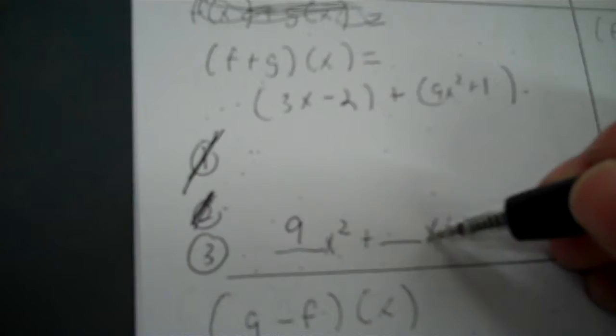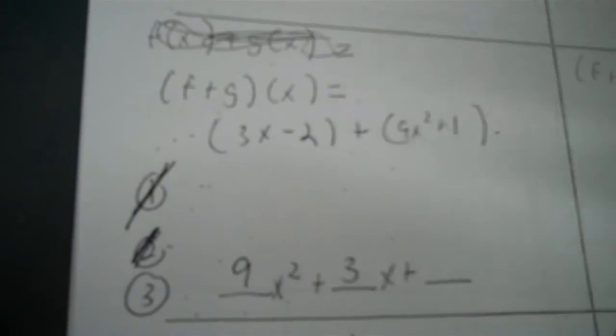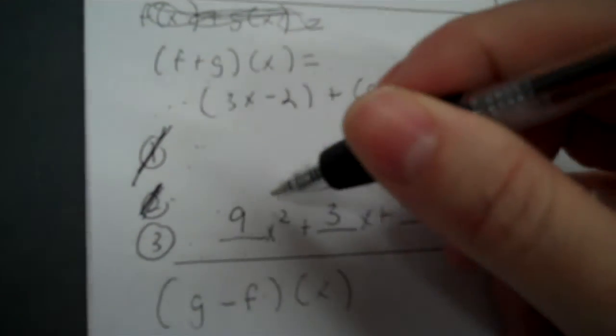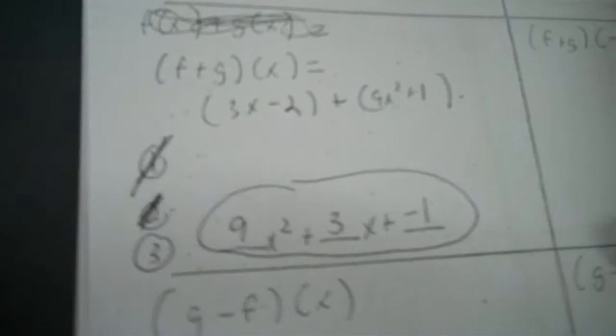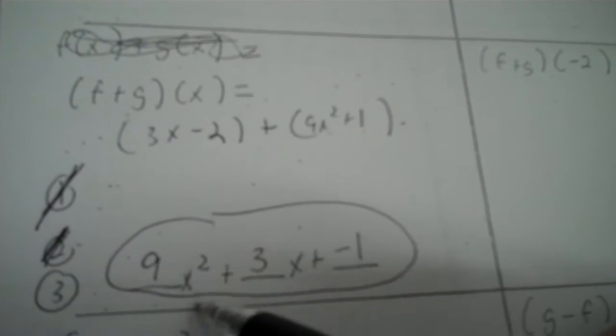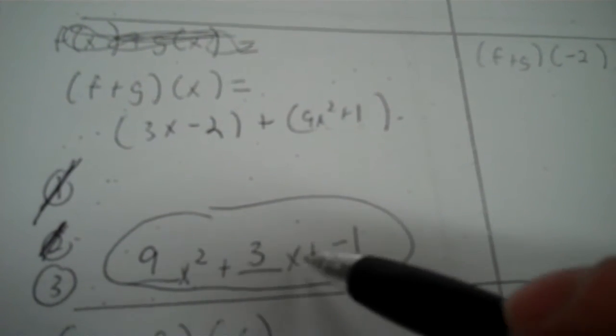So we got an x to the second power, and then an x, and then the constants. So x to the second, I've got 9. Then x, I've got 3. And then the numbers without x, I add a negative 2 plus 1. That's going to be negative 1. Okay, and that's simplified. So f plus g of x is equal to 9x to the second power plus 3x